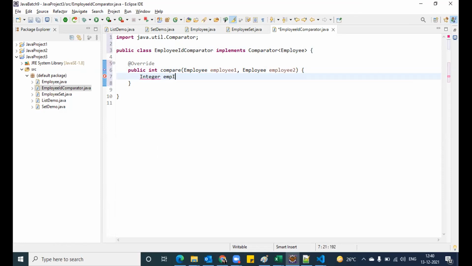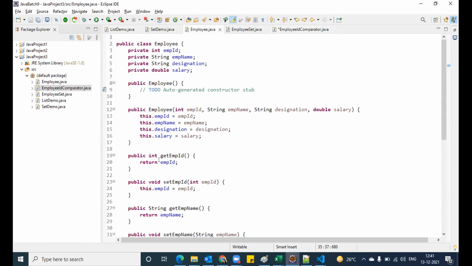So Integer empid1 equal to employee1.getEmployeeID(). Now what is this returning? This is going to return an int value. getEmployeeID is going to return an int value. However, internally what happens, because of